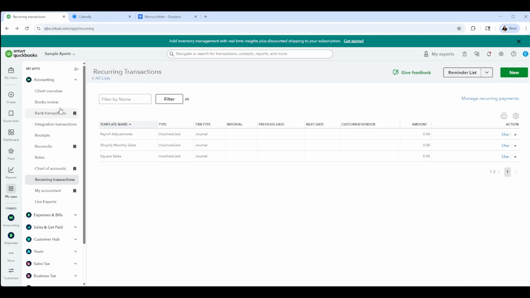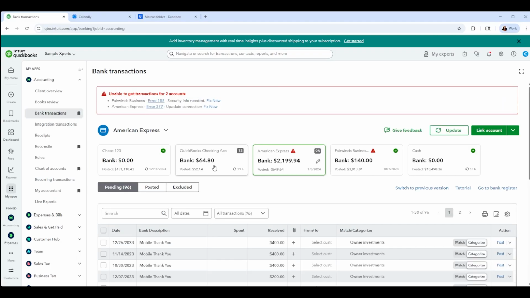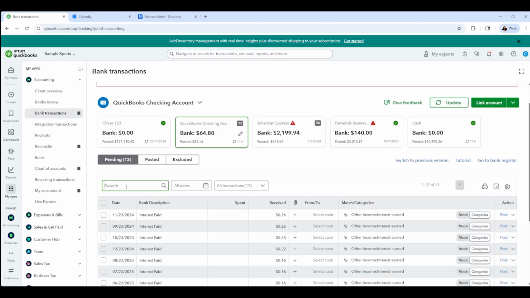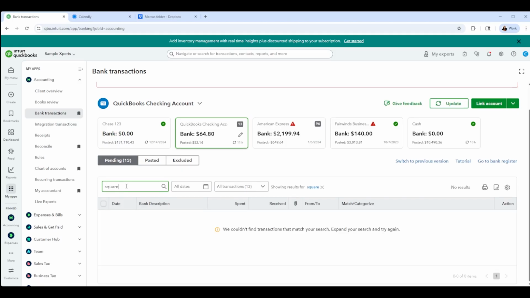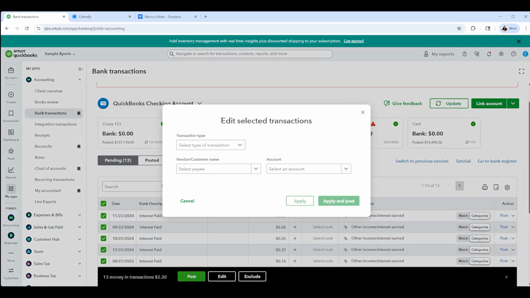And when transactions come into the bank feed, I don't have any. Oh, there you go. Okay. So this is just a sample account that doesn't have anything. Here I would just search for all the Square transactions just to isolate Square. Okay, and then I would select all the transactions. Let me clear my filter. Select all the transactions, edit,